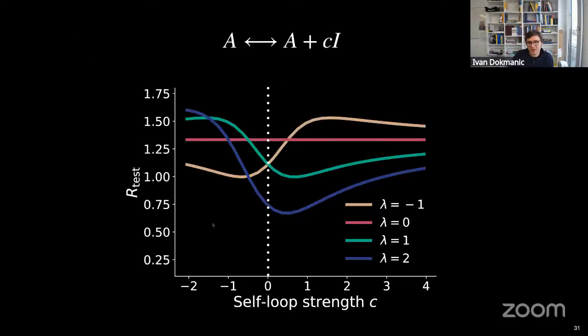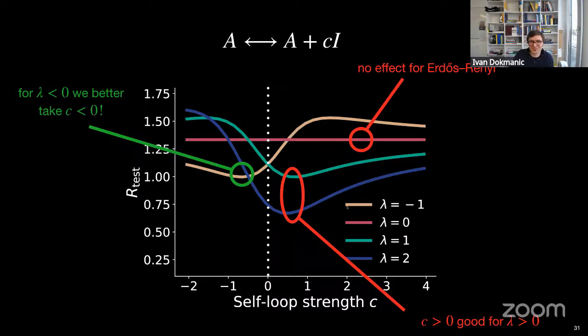Okay? Well, we can understand that using our analysis now, because we can just see what happens when lambda is positive or lambda is negative. When lambda is negative, we have heterophilic graphs. And then what we've done is we actually tune the self-loop strength here. We don't just add identity, but actually add a scaled identity, and we allow it to also be negative. Now you see that if lambda is negative, you have a heterophilic graph, then best performance, meaning smallest test error, happens when you have a negative self-loop. Okay, so that's not something that normally you do, but you should if you want to get well-performing networks.